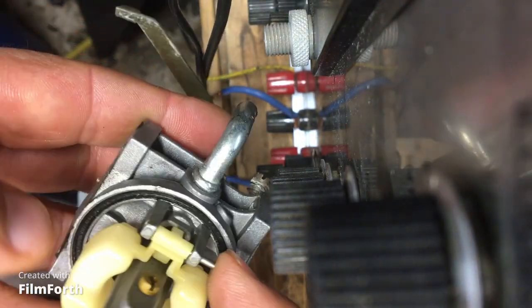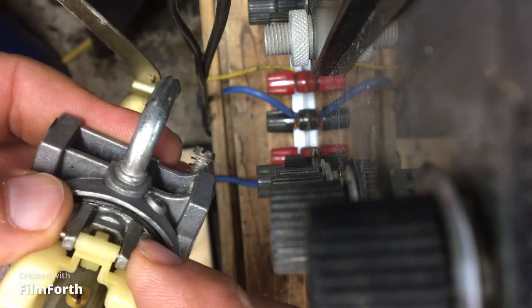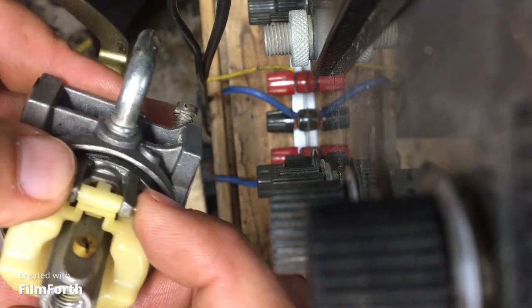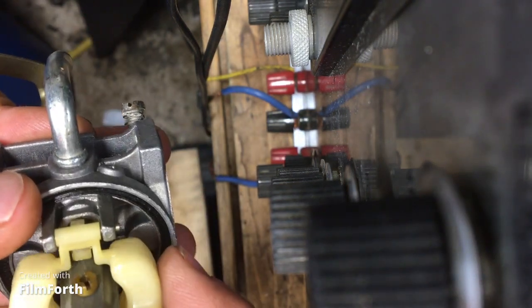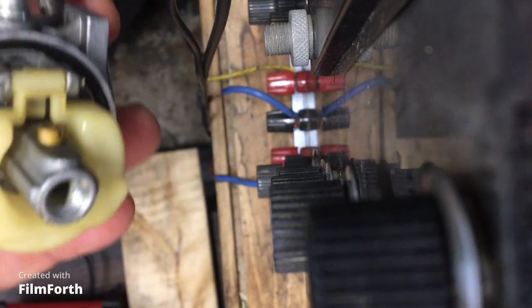Rocket science, right? Oh shoot, there you go. There's the pin. Float bowl pin. There you go. And now it goes up and down. It's no longer jammed. So now we'll just put on the